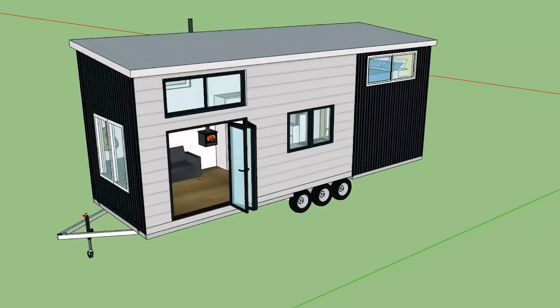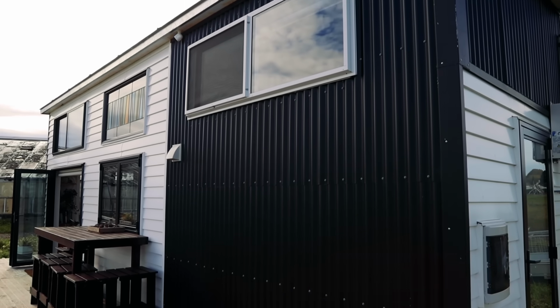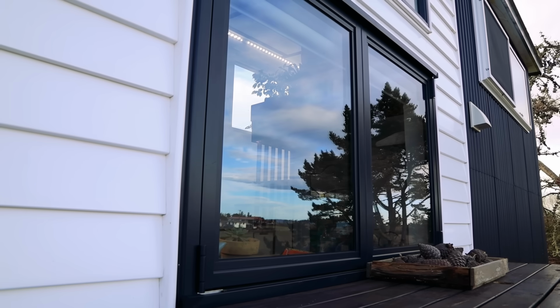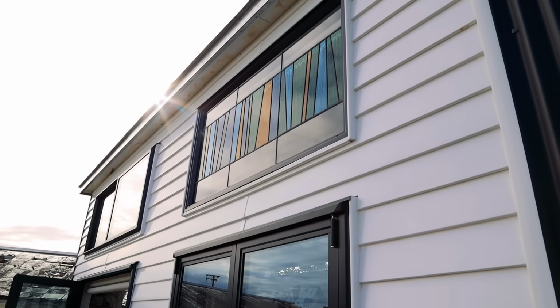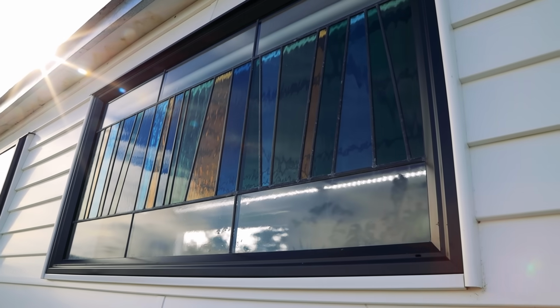So we designed on SketchUp, and the design is a real mash between the two styles that Ziski and myself sort of came into this with. So I think if it was completely my style, it would be very monochromatic and... Like a morgue. In a nice way. And if it was all the way towards Ziski's design style, it would probably be very, very eclectic and covered in vines and...